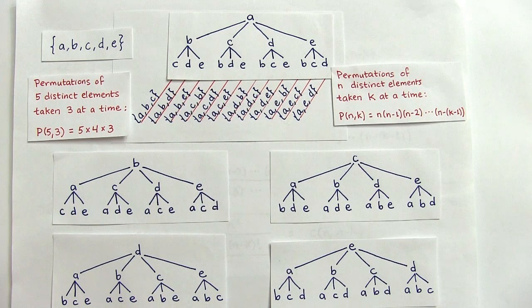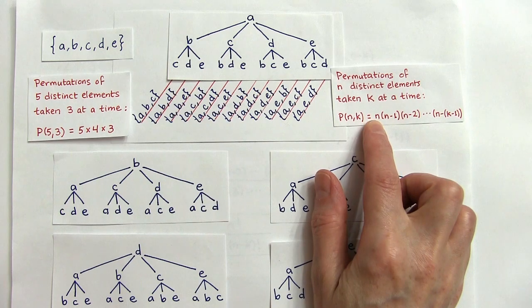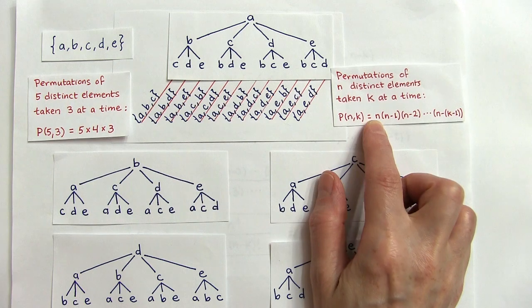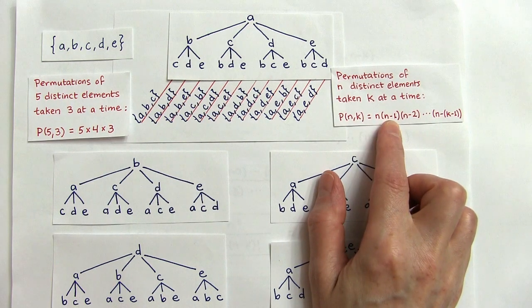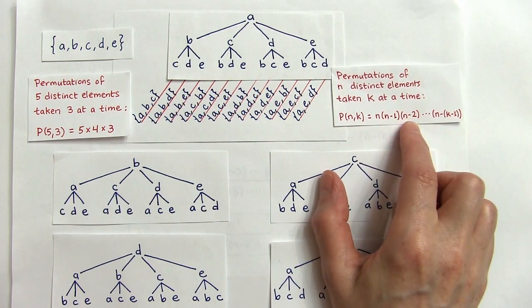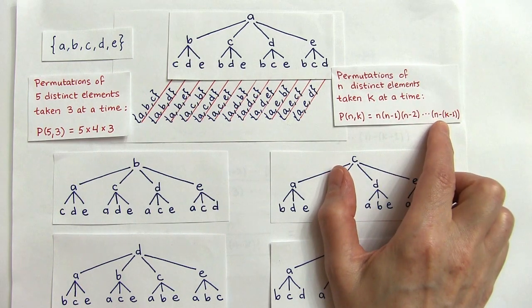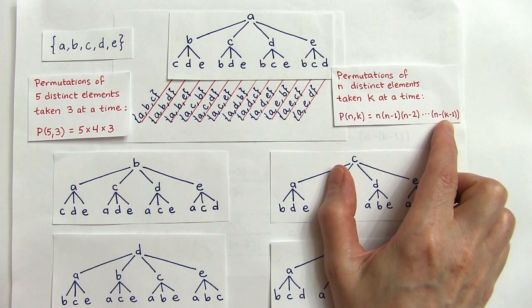So if you have n distinct objects, you have n ways to choose the first object, but once you've chosen your first object, you only have n minus 1 objects left. And then after you've chosen your second object, you only have n minus 2 objects left, and so on down the line until you have chosen k minus 1 objects and so you only have n minus k minus 1